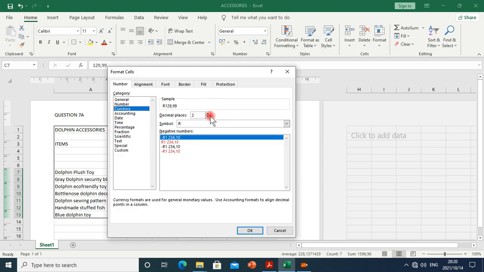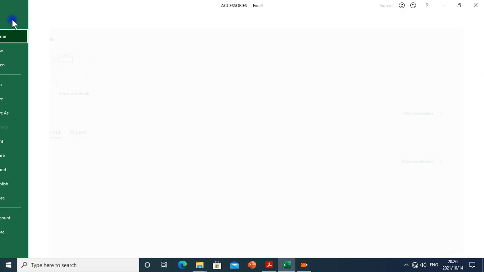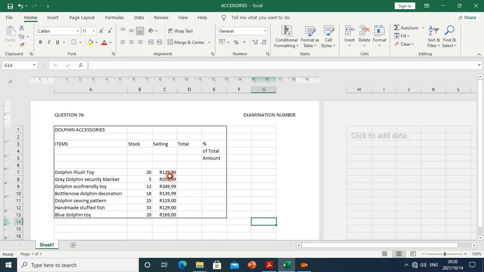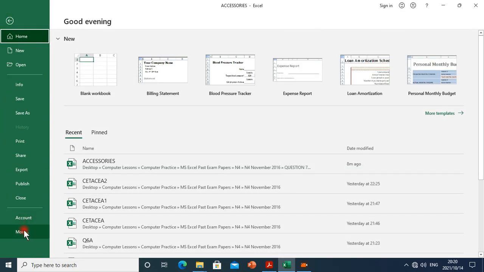I think we should choose currency, then to 2 decimal places, then we click OK. Okay, so let me try something. We need to change this comma to a decimal point. So we're going to go to File. It seems like you need options, so we go to More. Here is options,